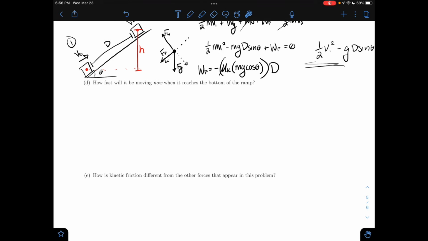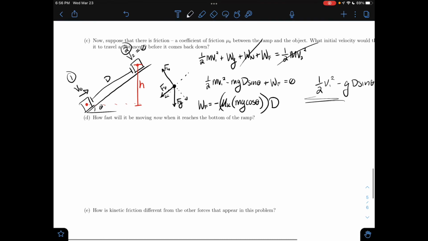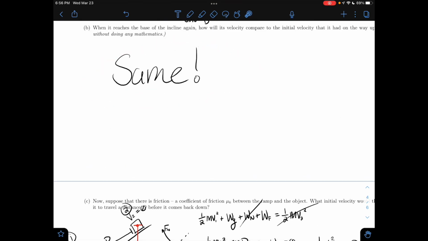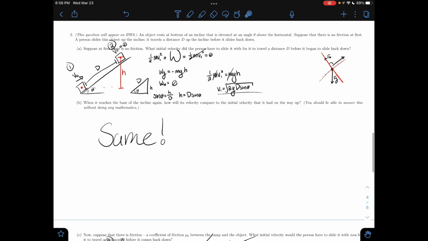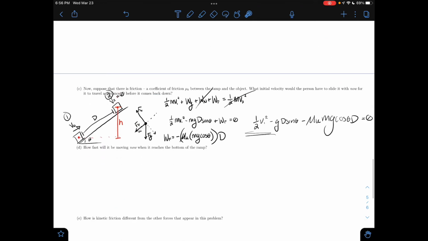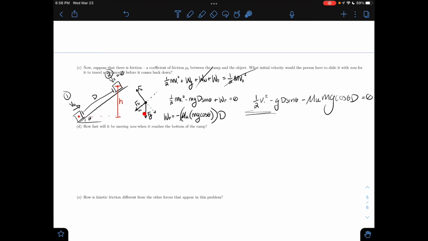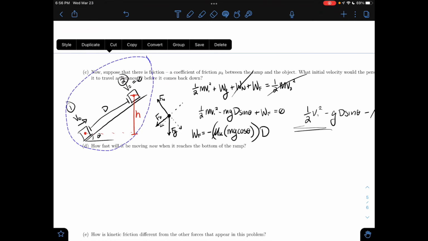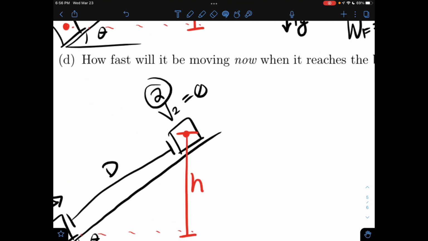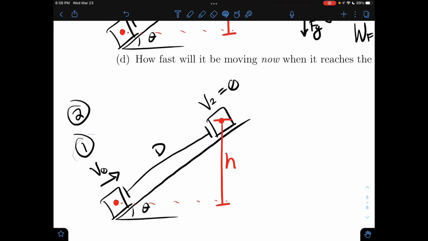So now how fast is it moving when it hits the bottom of the ramp? This is a thing to think about. Before we said it was just the same because the work done by gravity going up was just undone by it when it was going down. But this time as we go up, we also have friction. But as we're going down, we still have friction, but the friction changes direction. So now if I grab this and I switch my directions, now